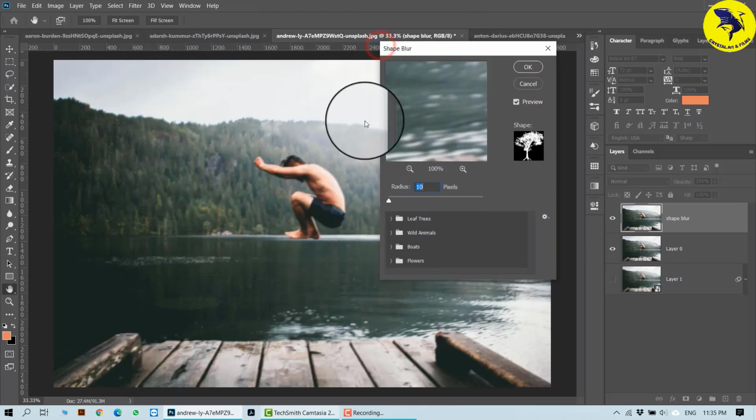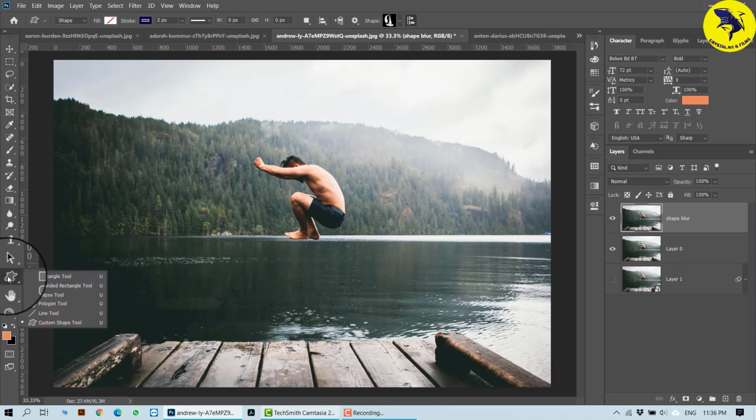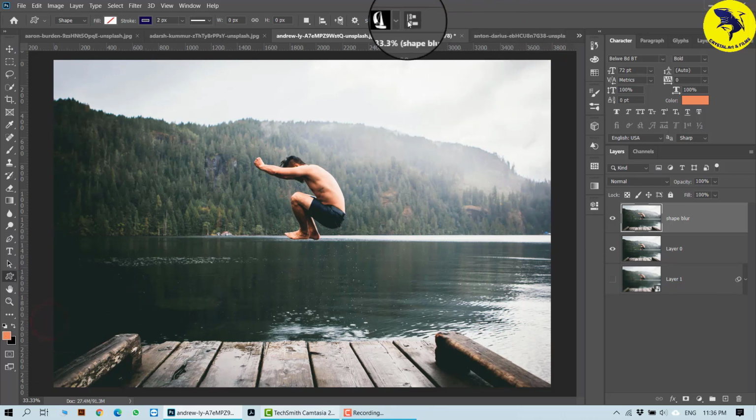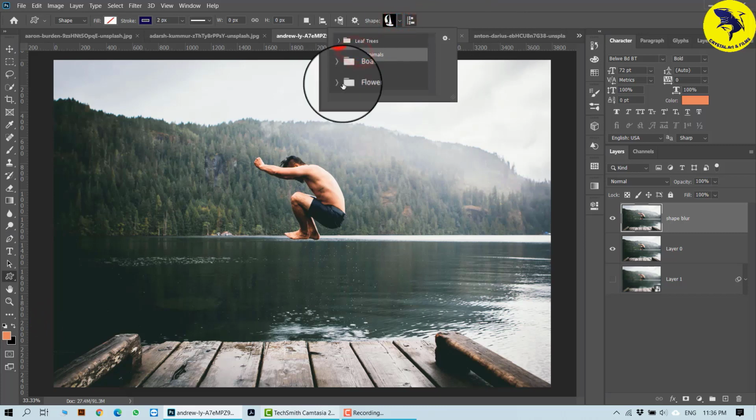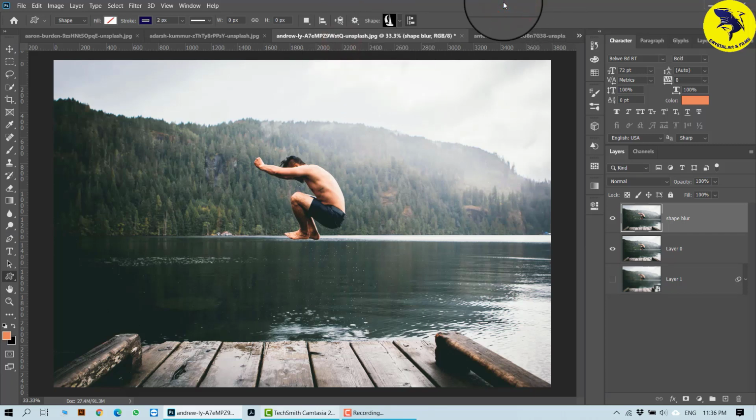See, the shape blur will give the blur effect in the form of a shape. So where are these shapes actually coming from? They're actually coming from here, custom shapes. See, if I right click onto it, you have something called the custom shape tool. So whatever shape you make here, it will be available here. Animals, if you want to see them, or birds or flowers, or if you have made something as your custom shape, even that will be taken into my